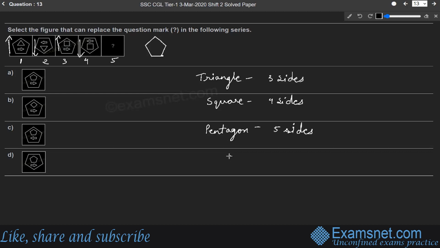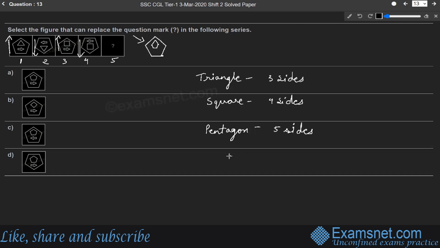I hope you are clear with it. The first 2 pictures consist of a triangle. Then the next 2 pictures have a square inside it. So the next figure will definitely have a pentagon inside it. Okay. Since our larger pentagon is facing upwards, the smaller pentagon will be present here, right? Now,